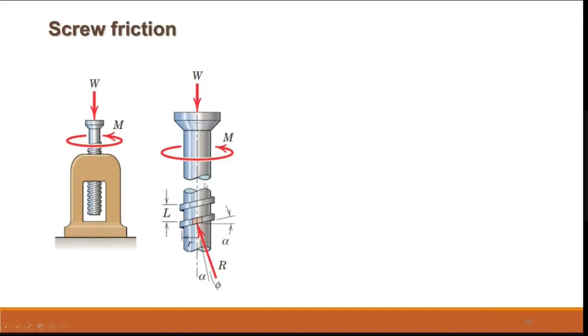The main purpose here is that the screw has to withstand load. When there is a weight here, for example, let me consider that you have some weight W on the top of this. If you unwind the screw, it will go upward. Let me consider it is moved to a distance of 10 centimeter, something like that.